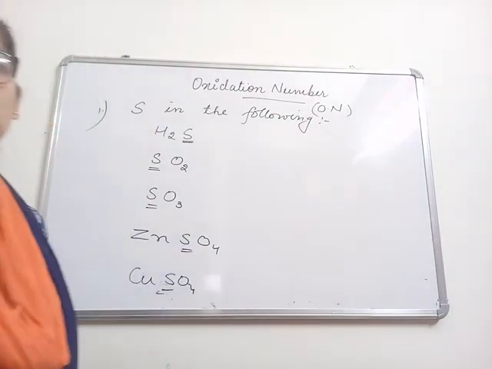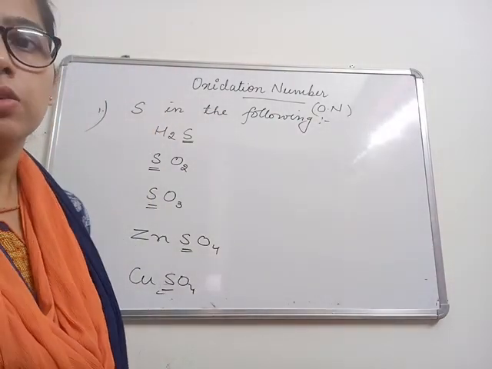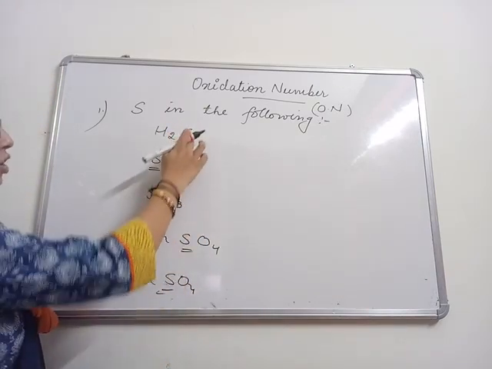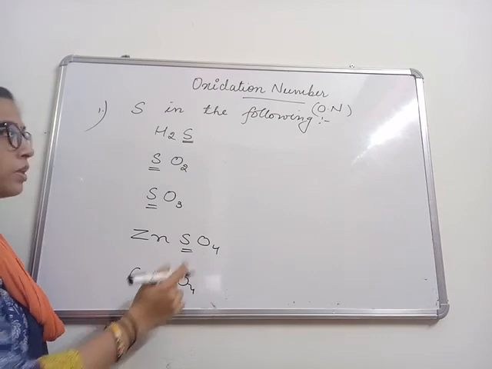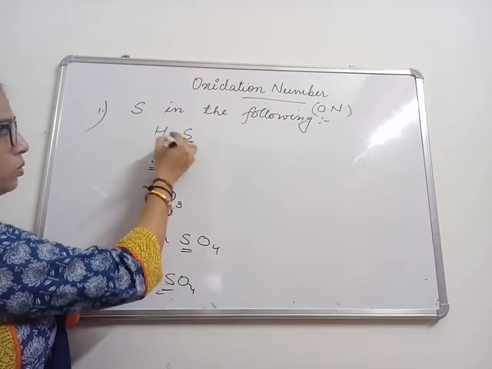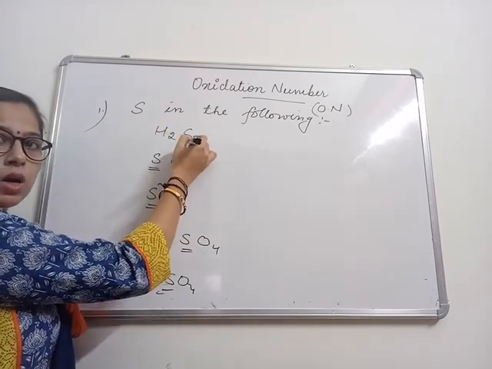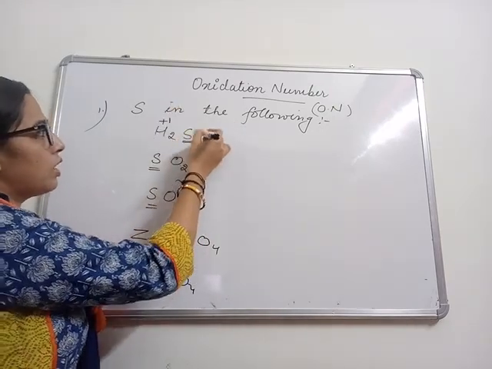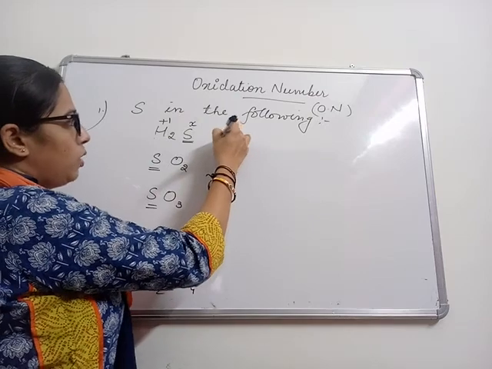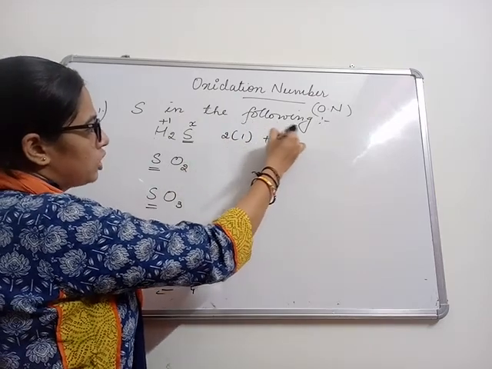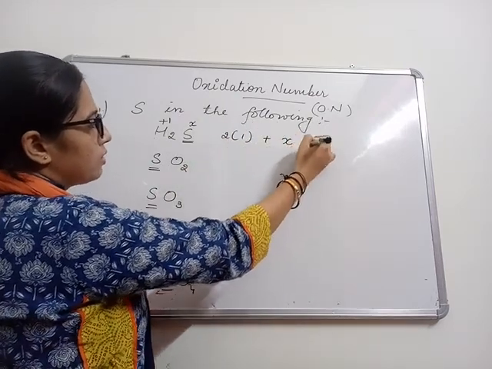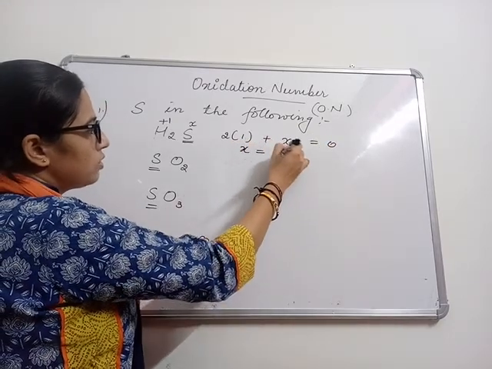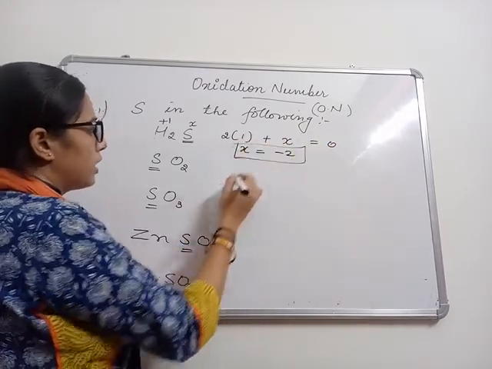We shall find now the oxidation number of the following compounds. We will find the sulfur's oxidation in following compounds. Right? So in H2S, we know hydrogen when it is bonded to a non-metal will have a +1 oxidation number. So sulfur, let it be X. Two hydrogen each has a +1 charge. Sulfur has X and the sum will be equal to 0. So the charge on sulfur is -2 in H2S.